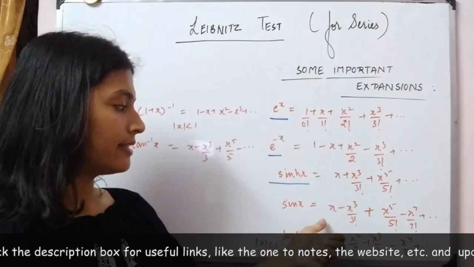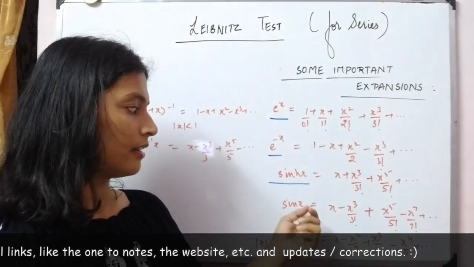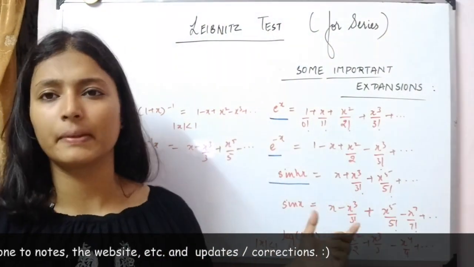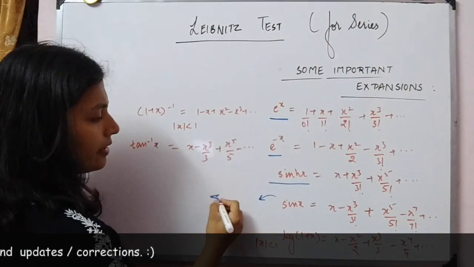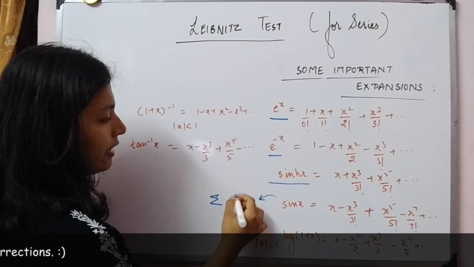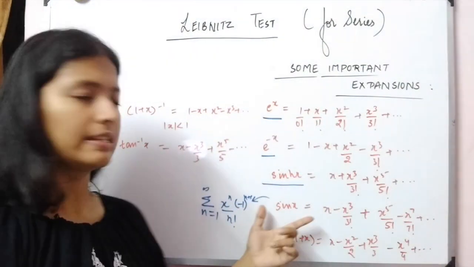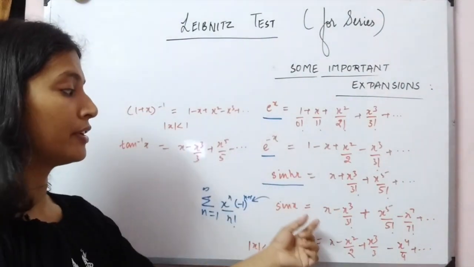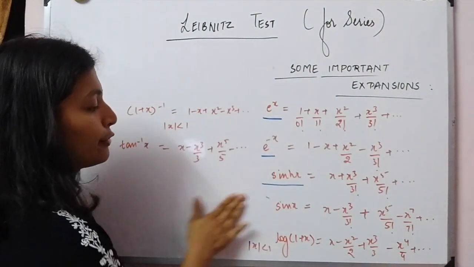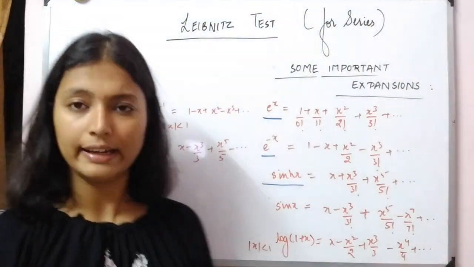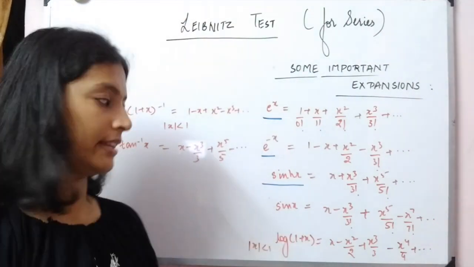Sin x is x minus x cube by 3 factorial. You can see these are all basically series, so instead of remembering the whole thing, you can remember the nth term of the series as well. For example, this can be written as summation of x raised to power n minus 1. So you can remember the nth term this way, or remember the first few terms of the expansion, as you find easy. If I am telling you the formula of sin x, you have to find that of cos x and tan x yourself, they are relatable, and learn them.